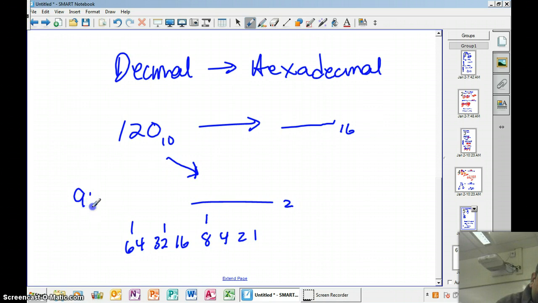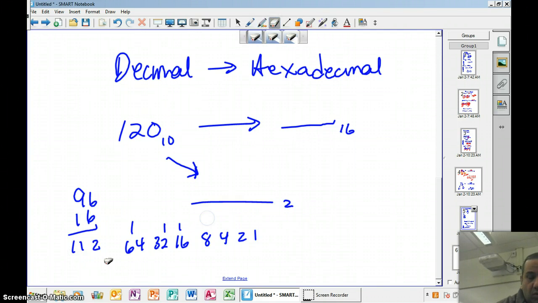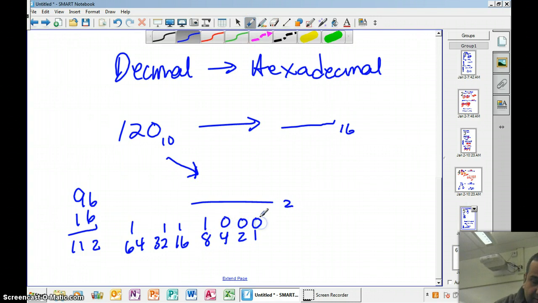Well, let's see. 96 and 16 is 112. Carry the 1. It's 10. No, I could get this 16 in there. So I'm at 112. I need 8 more. So it looks like that's it. Let me just double check. 64 and 8. No. It's 32 and 8 is 40. That's 104, 120. Perfect. So it's